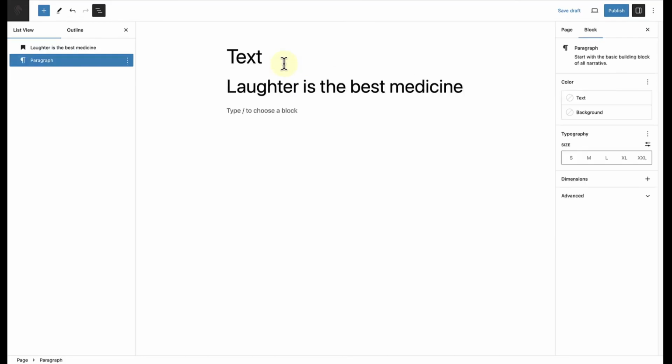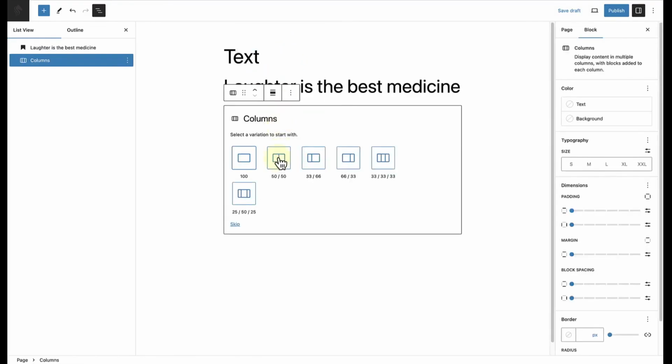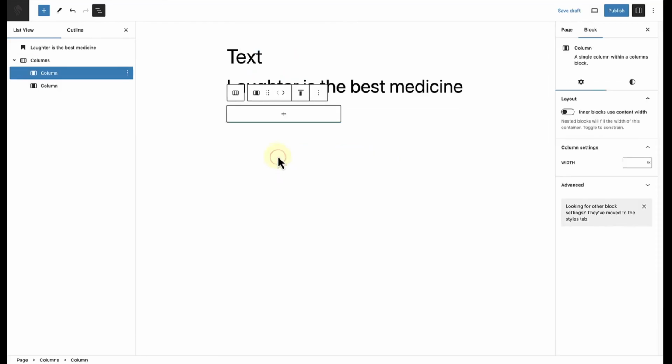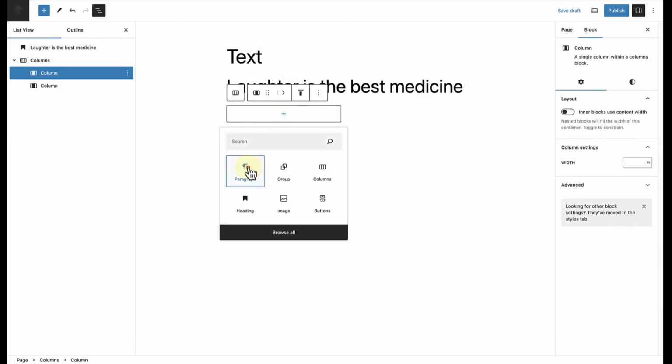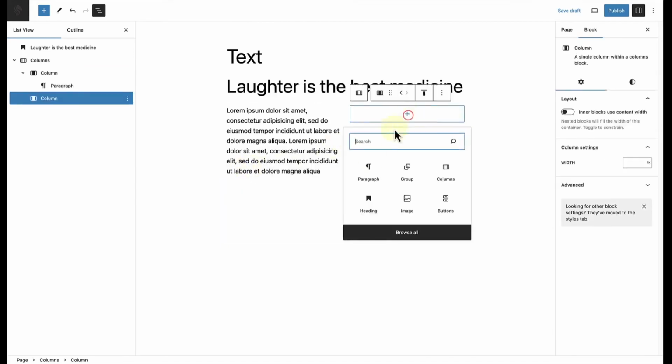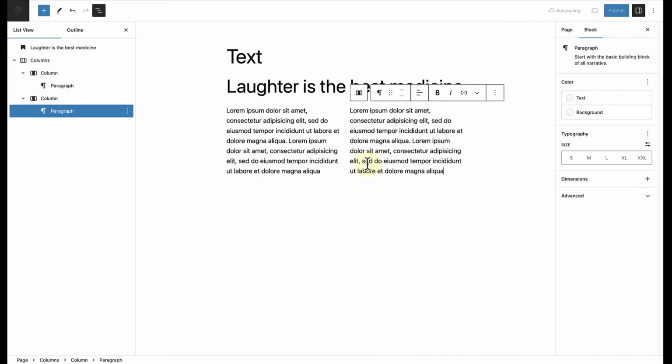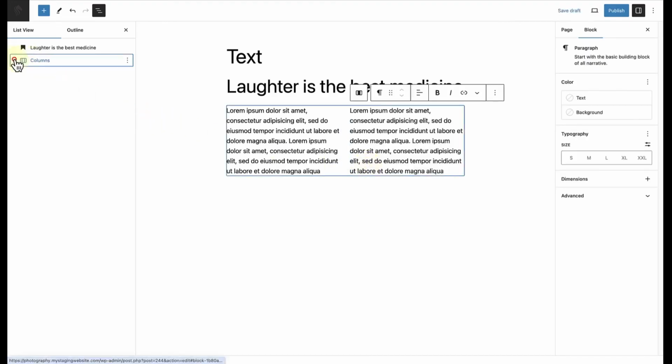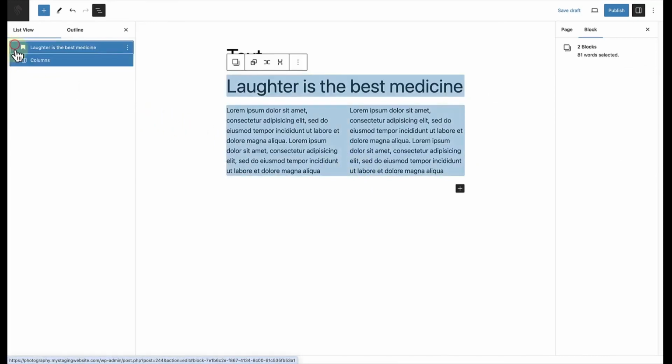Then I'll press enter and add a columns block, and select 2 equal columns. And then add some text in the left column and in the right column. Then I will select both of these blocks in my list view by holding Shift and clicking with my mouse, which allows you to select multiple blocks and then use the block toolbar to group them together